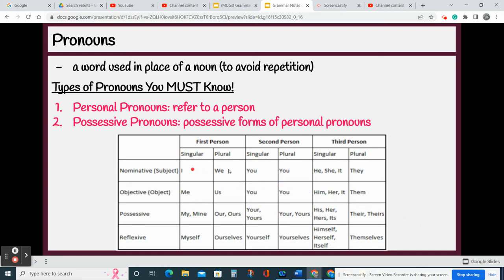These ones here, actually the first 3 rows are going to be the main focus of our conversation on pronouns, we will talk about reflexive pronouns as well. But the two that I definitely need you guys to know and understand down to a T are personal and possessive pronouns. Remember, personal pronouns we use to refer to a person. Possessive pronouns we use to indicate possession.